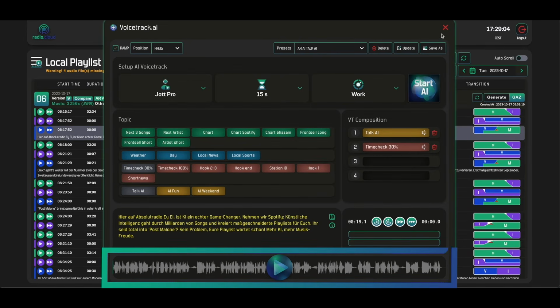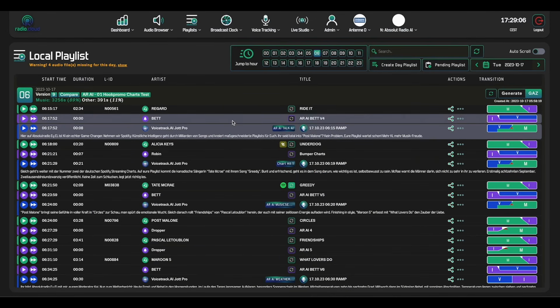So all of that is to say that we're staying on top of the AI trend, because it's not just a trend, it's here to stay. It's shaping the future, and we feel like for the radio industry, it can be a really good tool to streamline your workflows. And with Voicetrack.ai through Radio Cloud, it can give you that local feel in those off hours when maybe there's not a local host,